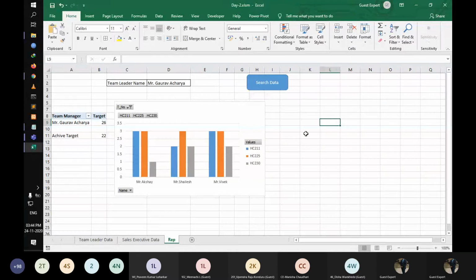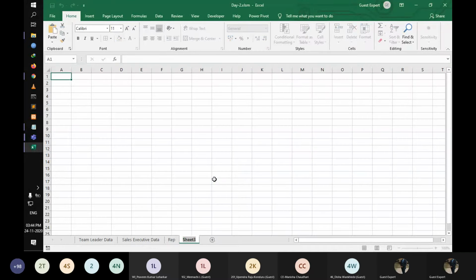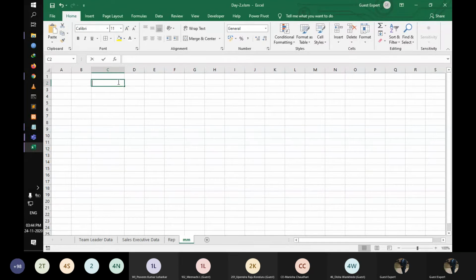So we do the advanced filter. I do it in another sheet, but when we do the assignment, please make this in one sheet. For understanding, we are creating another sheet. I click another sheet and give it a name.